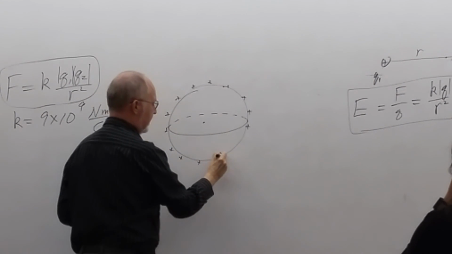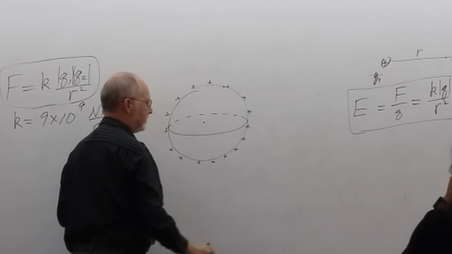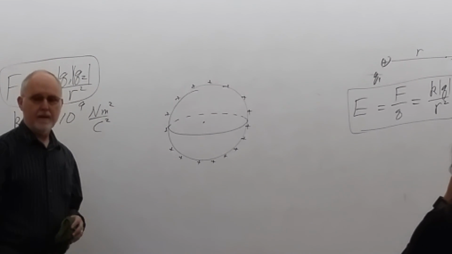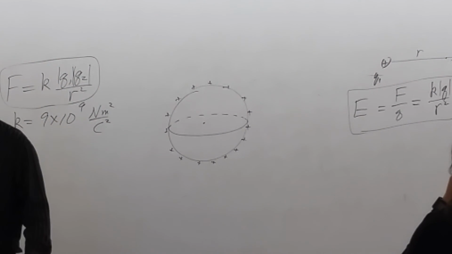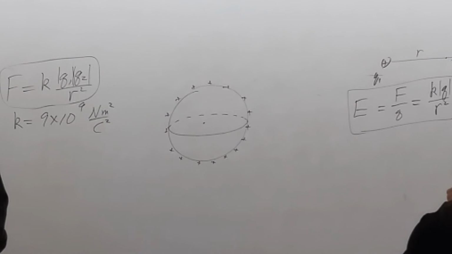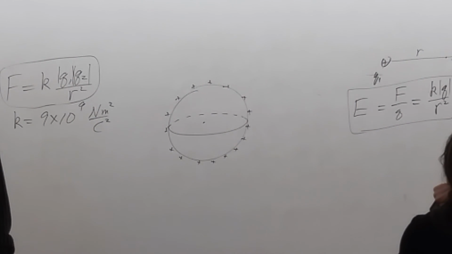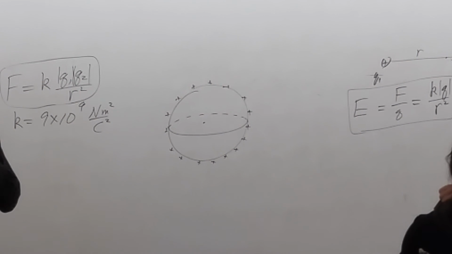If they're all on the outside surface, and this is a conducting material, so it's like a piece of metal, it will turn out that those charges will redistribute themselves so that they are all equally spaced around this outer surface of the sphere. They just will now technically